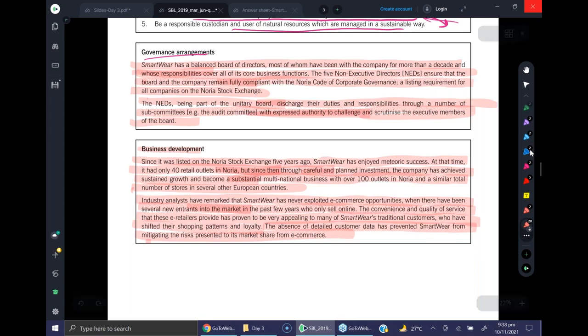So, do you think this paragraph is also relevant for any requirement? Do you remember question number 1, part B was to assess risks and suggest mitigating strategies? Yes, you can link it with the technological factor, Elena, in question number 1, part A. So, very intelligent point. So yes, there are actually two aspects. You can discuss this as a technological factor,